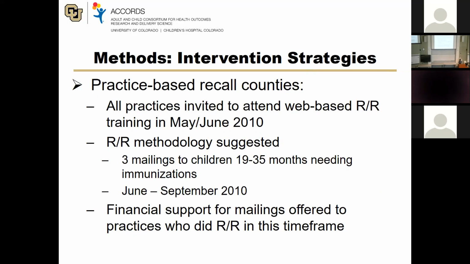It was from the perspective of the state health department: if you want to raise immunization rates, one reasonable approach would be a centralized approach where the state health department was doing it. Another might be, okay, the practices may do better than we will. Let's do what we think would be reasonable as an incentive. It couldn't be too high, right? Or it wouldn't be generalizable or reproducible. But let's see which of these 2 approaches was most effective.